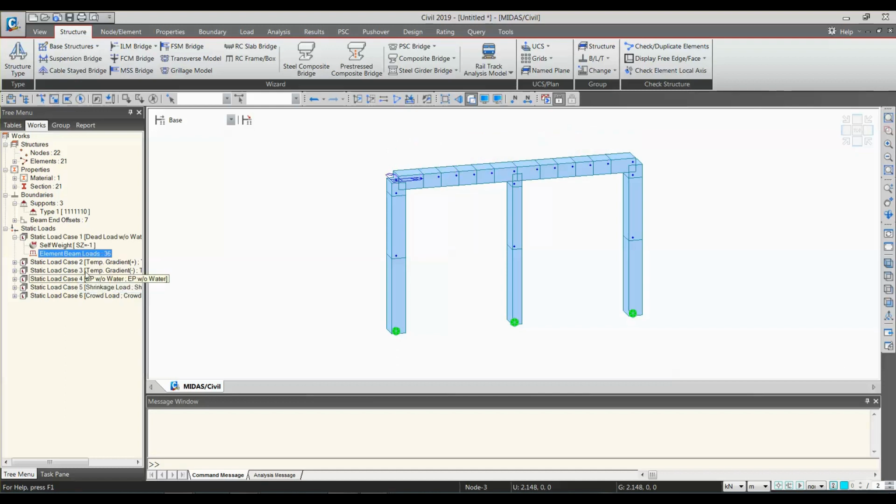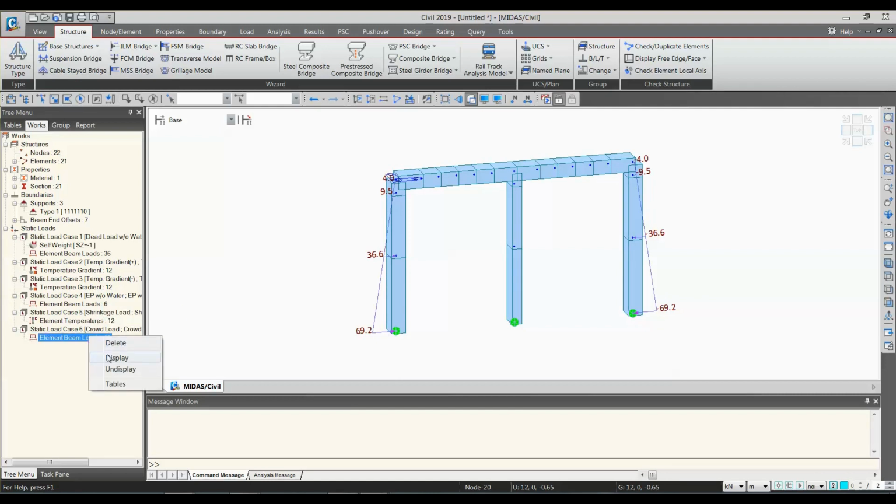So I'll just undisplay it. Then temperature gradient, which is for rise as well as fall. Okay, and then the earth pressure without water, because there is no water level present. So this is earth pressure applied on the sides, and shrinkage load, as we have given the shrinkage strength, and the crowd load.